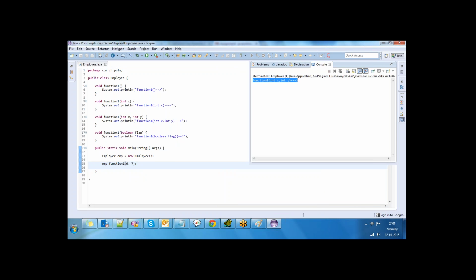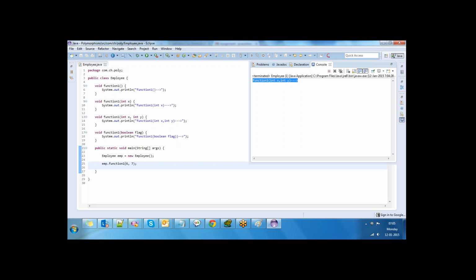So here we have 4 functions, right? 4 methods. Out of 4 functions, which function has to be executed is decided at compile time only. This is the reason why this type of polymorphism is known as static polymorphism.